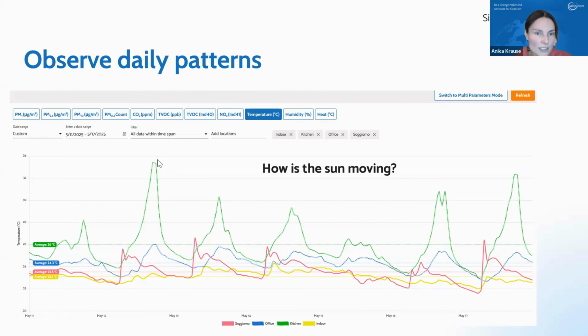And it's the same facing as the kitchen, but the kitchen has some kind of winter garden, some kind of greenhouse effect, I would say. So it got really, really hot in the kitchen. And you can really nicely see all of these interesting phenomena. You can observe your house. For people who are interested in data, there are many cool features you can find in the data. So here, just to explain the tool, I use the parameter temperature and I look at 4 different locations.